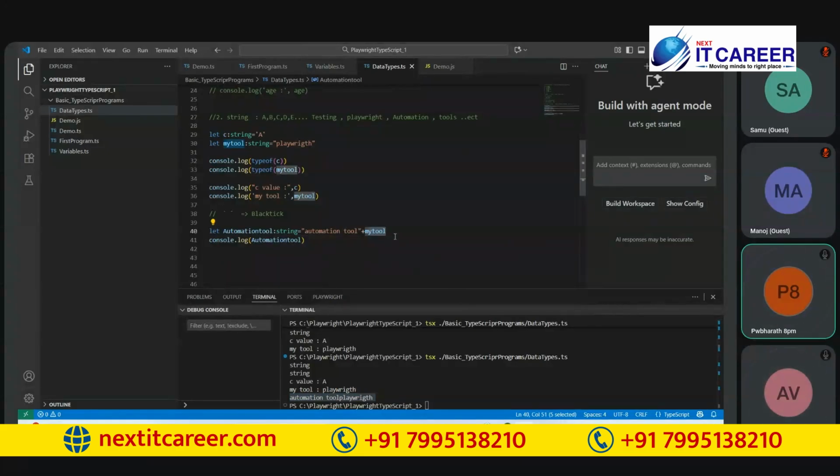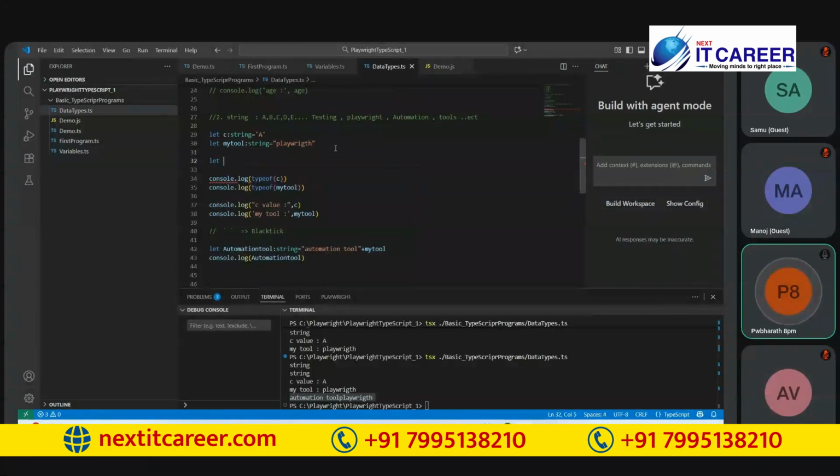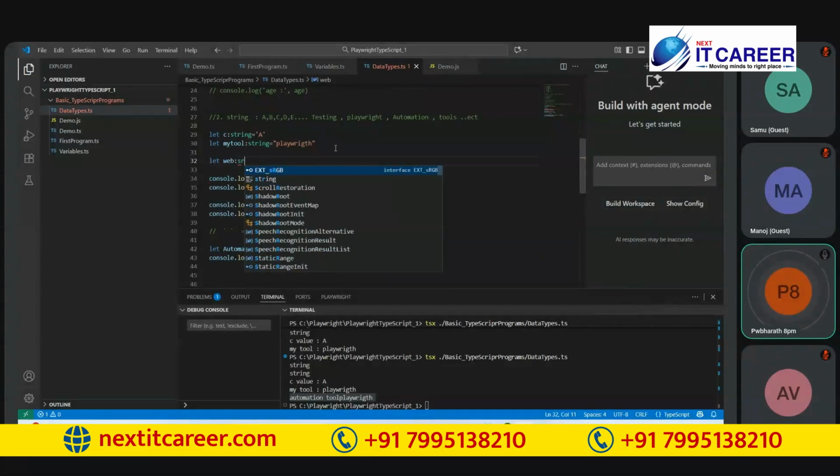So if I'm supposed to concatenate with automation tool Playwright in web applications, I have one more variable, web, of string data type, web2.